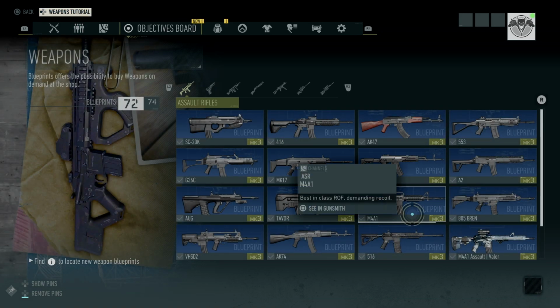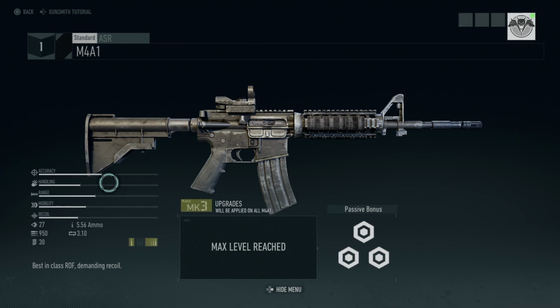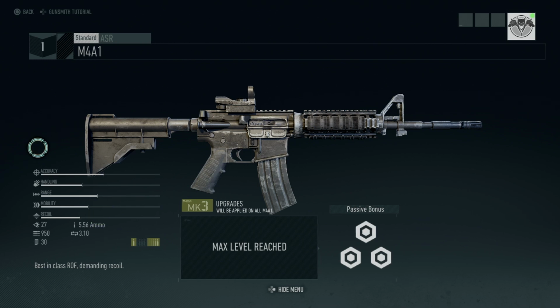Next up is the M4A1. So the M4A1 was definitely one of my most favorite weapons in the game. It does have a decent accuracy, low handling, decent range, a little under average mobility, and not great recoil. The only reason why this was one of my most favorite weapons in the game is because the DPS on this is